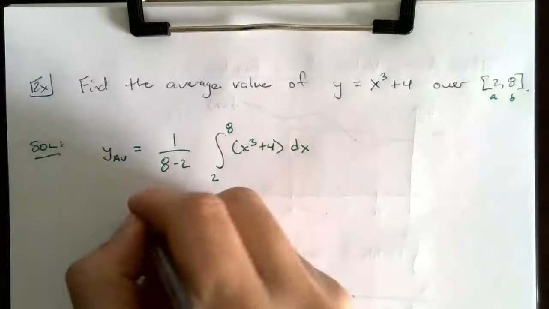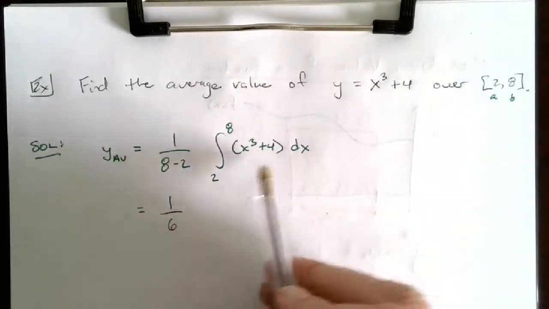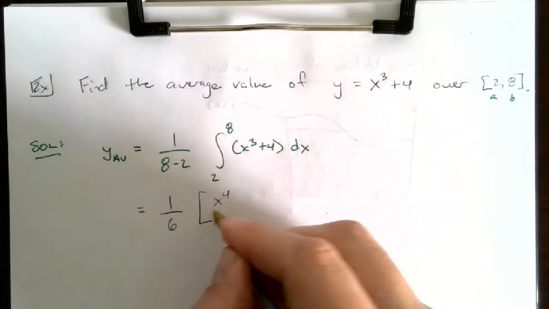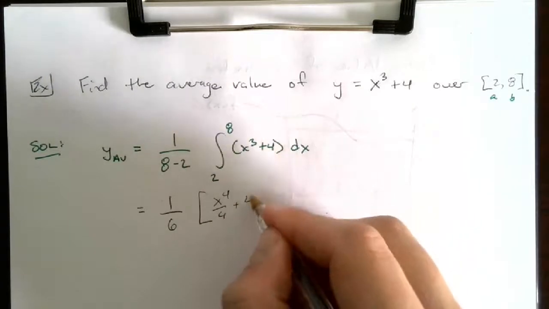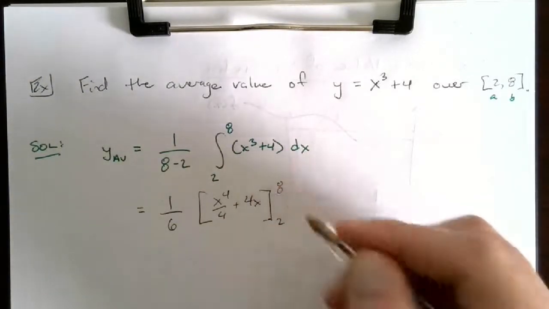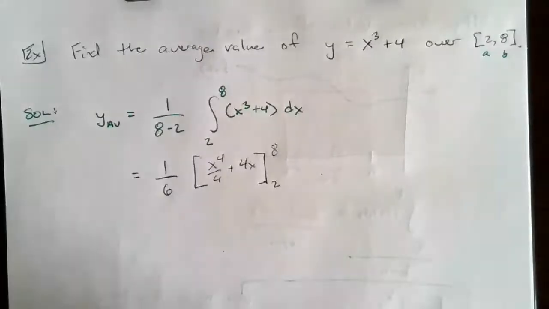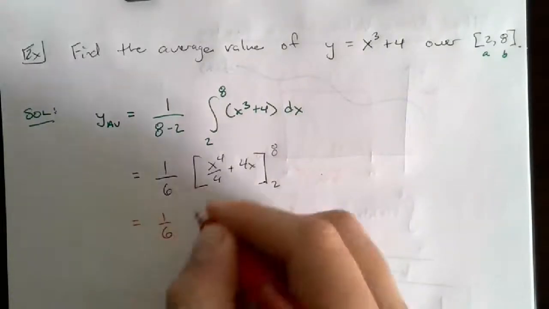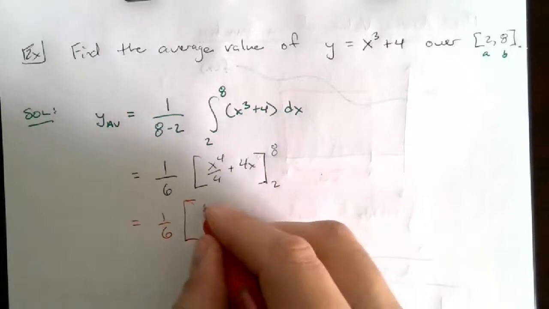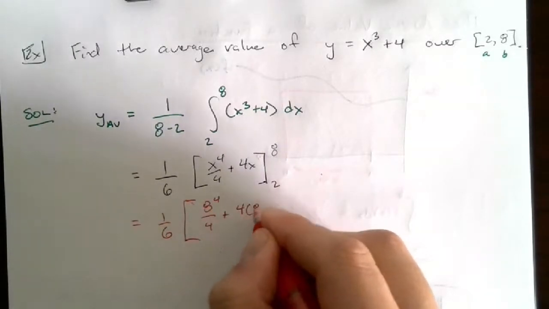Now once you've written it out, all you have to do is evaluate what you have, which isn't usually too difficult. This is equal to 1 over 8 minus 2, which is 6, times the antiderivative of this. Well, antiderivative of x to the third would be x to the fourth over 4, plus the antiderivative of 4 is 4x, and we're evaluating this from 2 to 8. And basically just keep the 1/6 in front and then keep working through it as you simplify. So we have 1/6 times the whole thing, and then we're substituting 8 in first, so we have 8 to the fourth power over 4 plus 4 times 8,